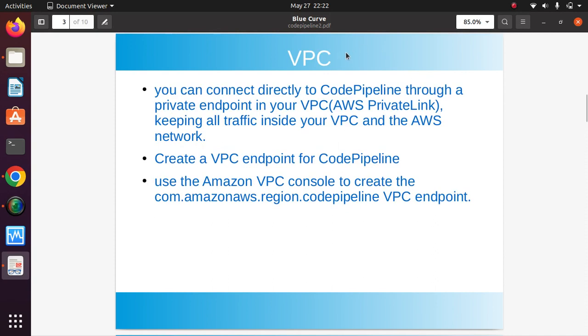go to the next. Okay, so here is the VPC, which means virtual private cloud. Virtual private cloud means it is a network, right? There is a default network. AWS has its own network, right? But if anybody wants to create their own network so that others cannot disturb or get into the network, right? If you are using the default network, then everybody who is using the AWS general network,